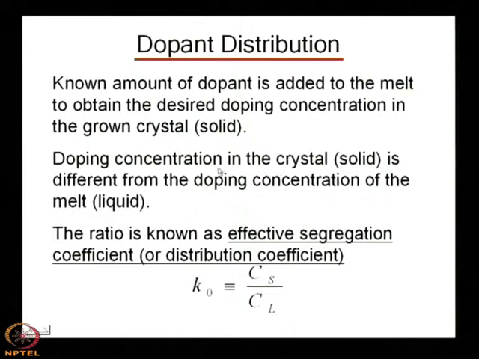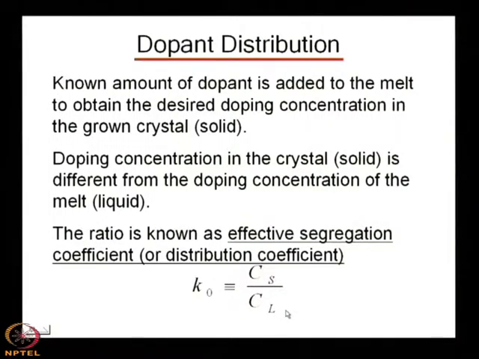When you say the melt, it is basically the liquid, that means it is in a molten state. Doping concentration in the crystal, that means in the solid, is different from the doping concentration of the melt, that means liquid. The ratio is known as segregation coefficient or distribution coefficient. What is this ratio? This ratio is the doping concentration in the solid. You see that it is C suffix S, S stands for solid, and it is C suffix L, L stands